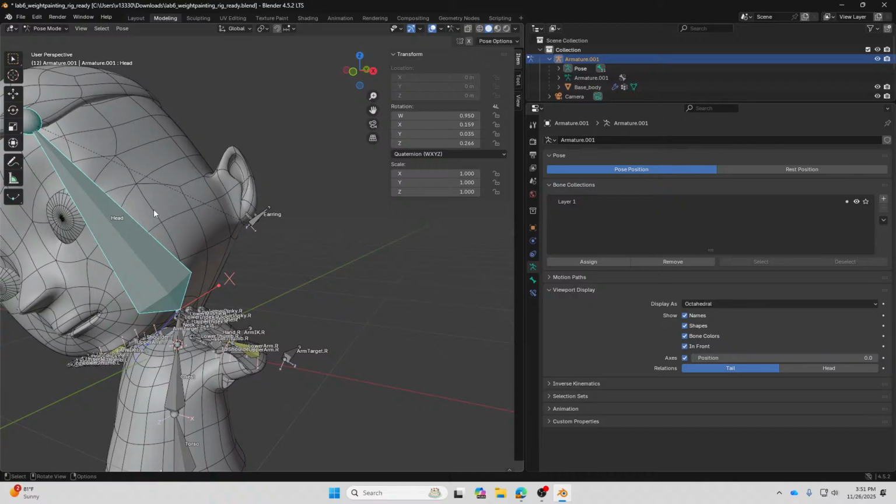And in that case, the only way is to go back to manual weight paint and repaint them. Alright? So, yeah, that's just the reality of this session. Now, the demo model that I have over here is an easy model because the clothes follow the body of the character,